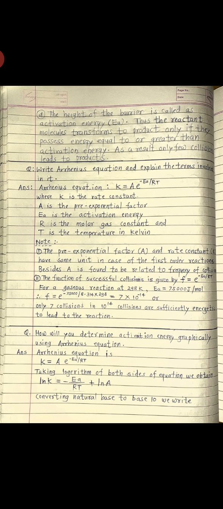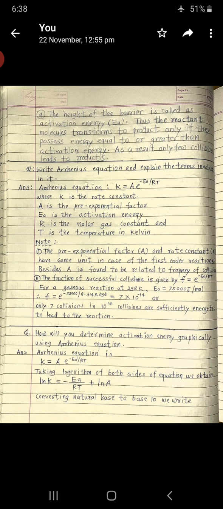By taking the exponential form, that is e raised to minus Ea upon RT becomes minus Ea upon RT, plus natural log A, because it is multiplication, A into e. So therefore converting natural base to base 10 we write